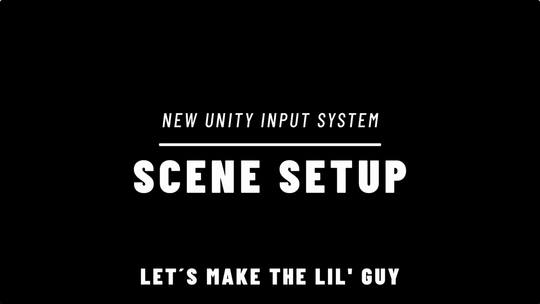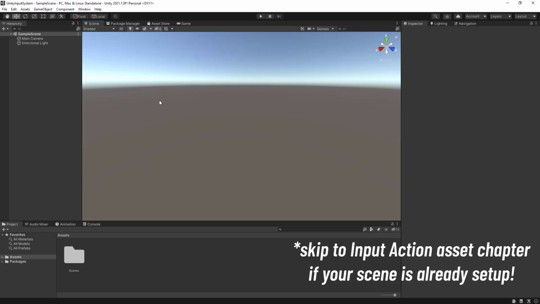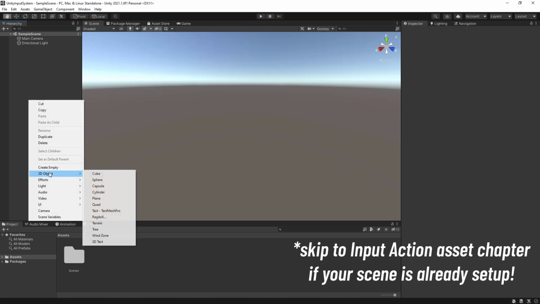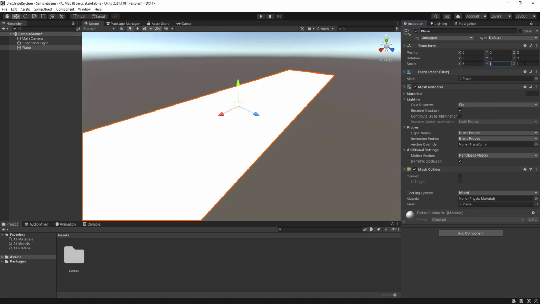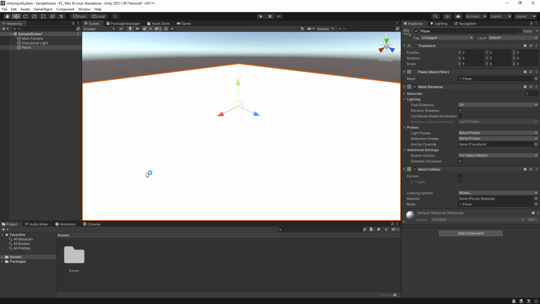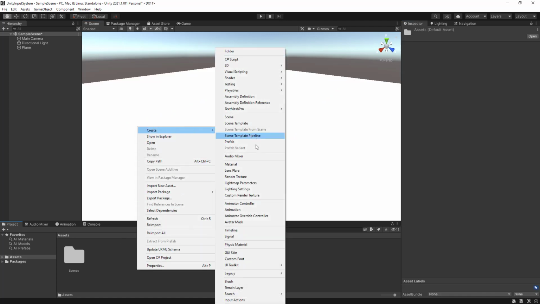Okay, now let's set up the scene. So in scene view, right click on the hierarchy, create 3D object, plane, reset, now scale it to around 5, so just so you have some space to play around in. Okay, create a material now,